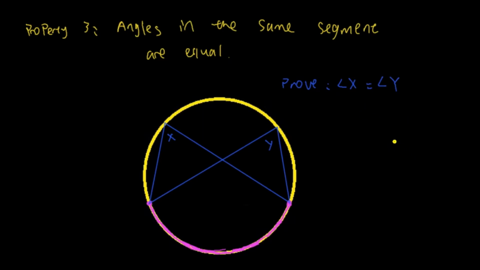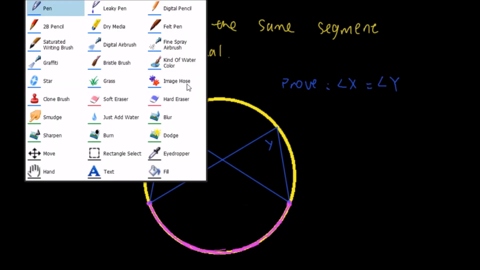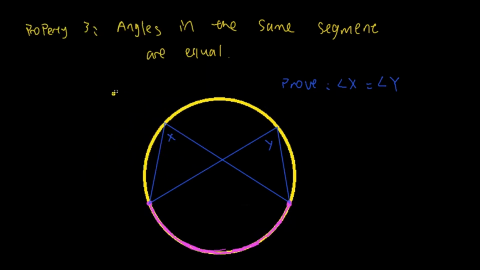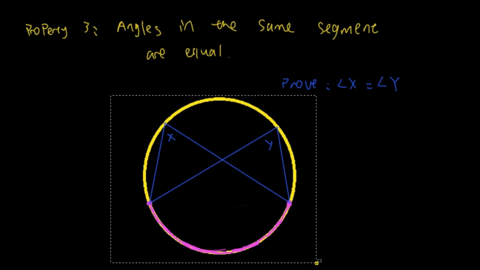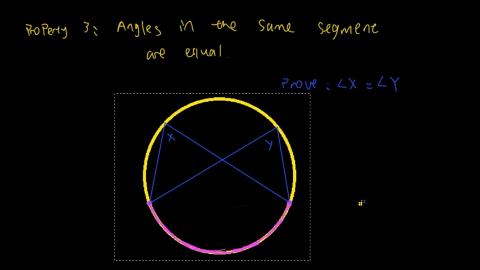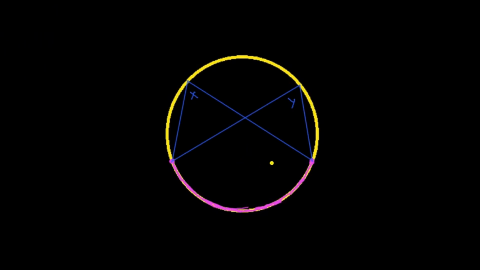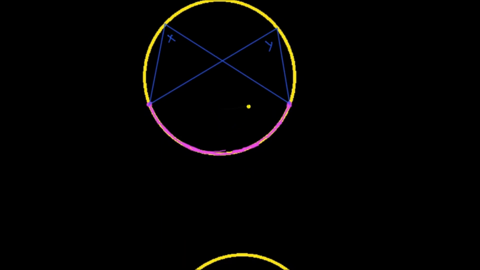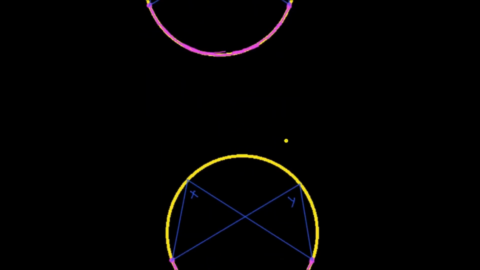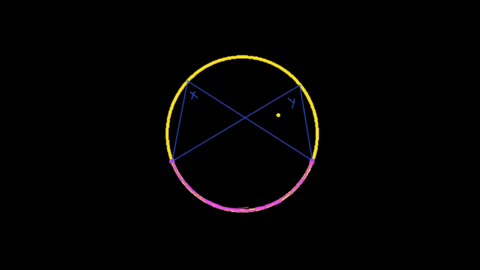Okay, so to start doing that, I'm going to copy this diagram again to another area, and let me paste it here. I think I need to erase some marks here. It's the same diagram, and I'm going to relabel this, so I will erase this x and y here.